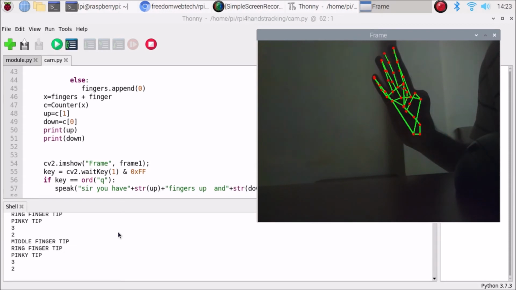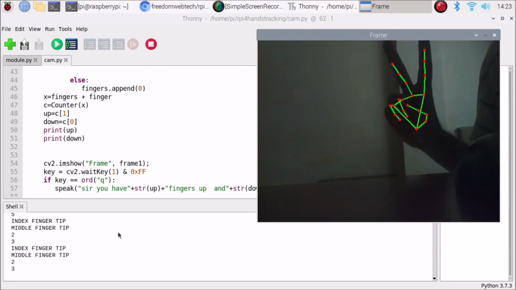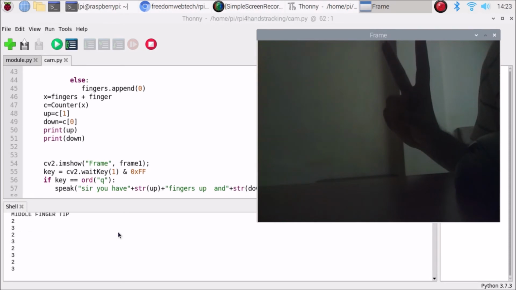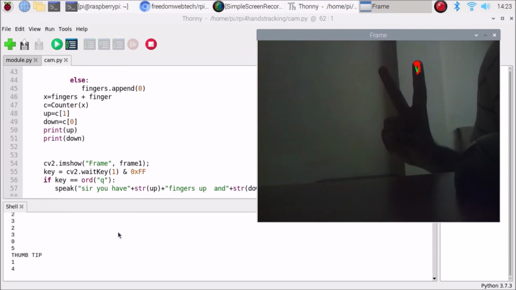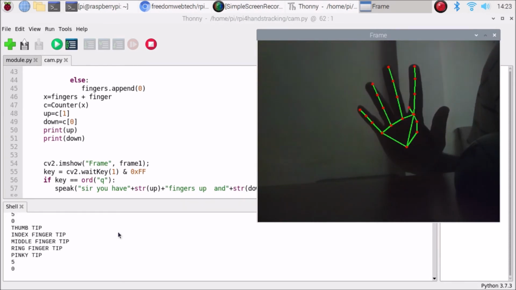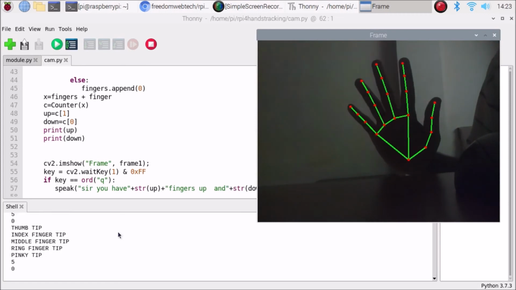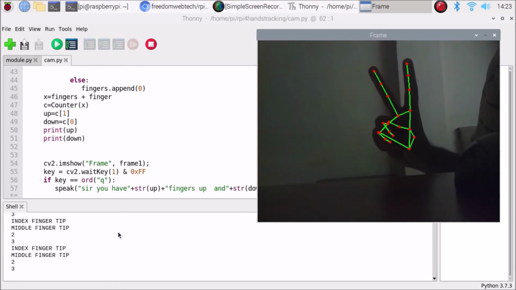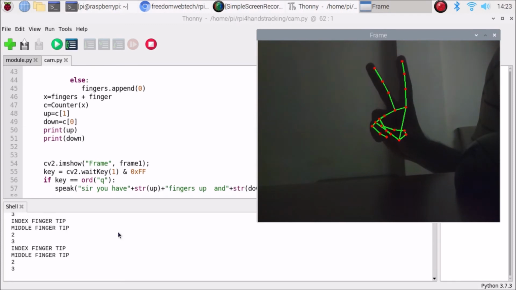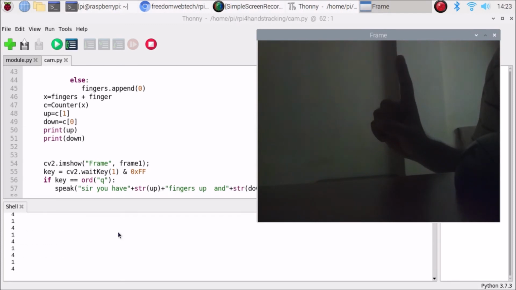If I go like this way, okay, as you can see right now, just open it again. So right now the index fingertip is open, the middle fingertip is open, so total fingers open 2 and total down fingers 3. Now if I go for the 1 like this way,